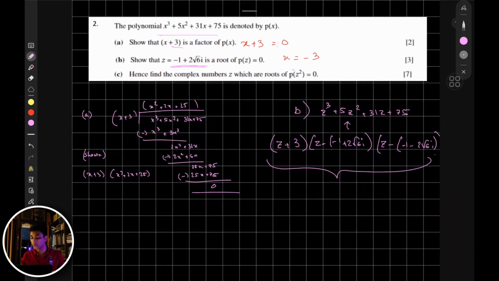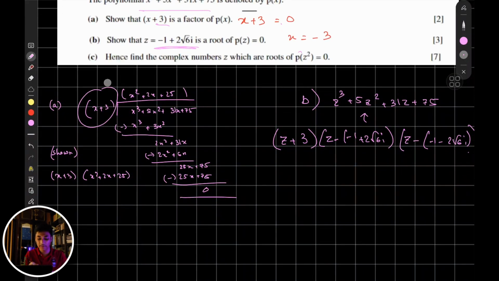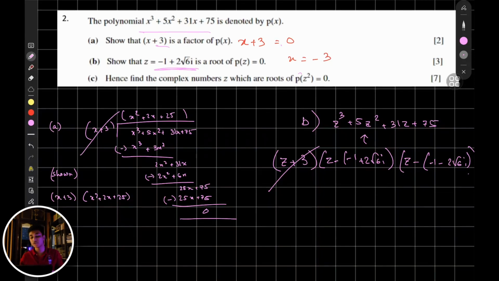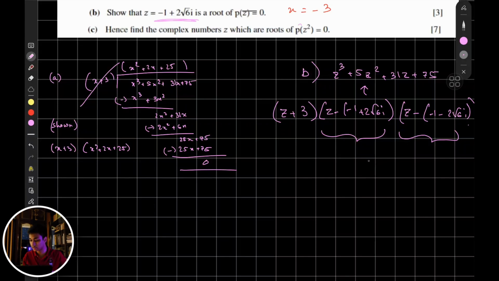So what is the simpler way to do it? Remember I told you doing this long division is going to help. It is. So basically, you know Z plus 3 is a factor. So remove this. Forget about this. The one you're supposed to prove is that the complex number Z should be minus 1 plus 2 root 6i. So if that's the case, you should be able to multiply both of these factors, let's say,